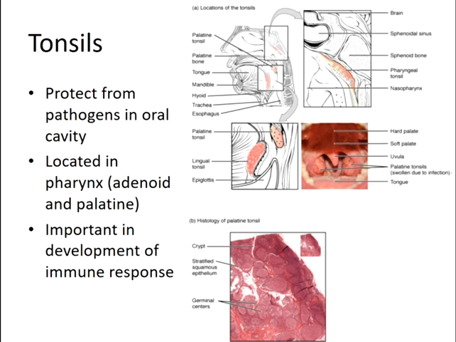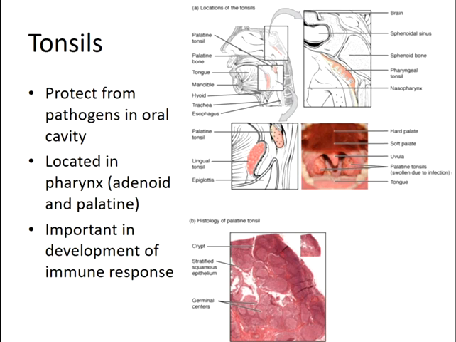This is actually technically called the pharyngeal tonsil. So adenoid is what it should be. It should be singular because there's actually only one tonsil here making up what's called the pharyngeal tonsil, and it's located at the back of the nasal cavity. The palatine tonsil, located here where the palate of the mouth is, helps to protect the oral cavity. Then you have the sublingual, or lingual tonsil, which is located